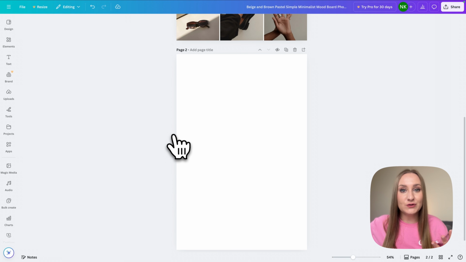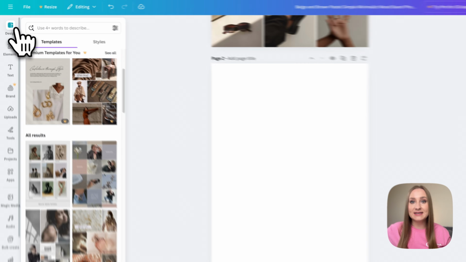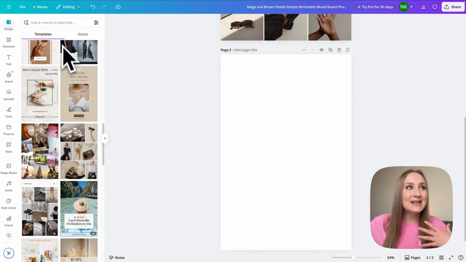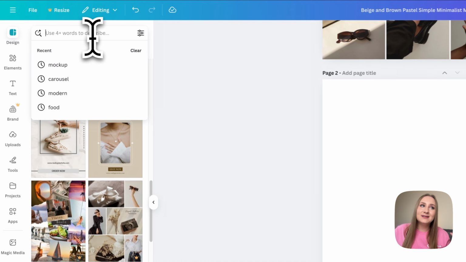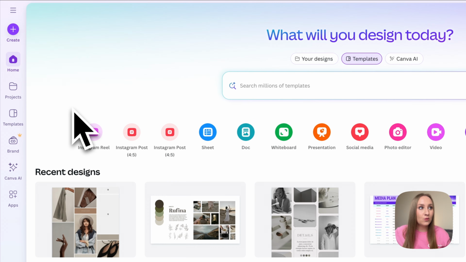Normally, the way people search for templates is just to choose a size of a design and then jump to the Design tab in here and then start scrolling, usually for hours. Of course, you can use words to describe what you want to find, but you're very limited by what you can filter through. To search for the templates in a better way, simply go to the templates from the homepage,